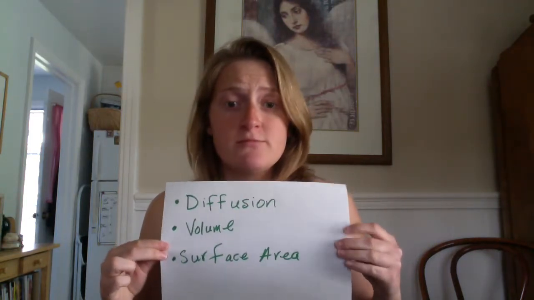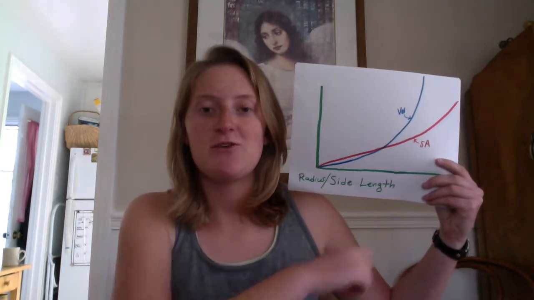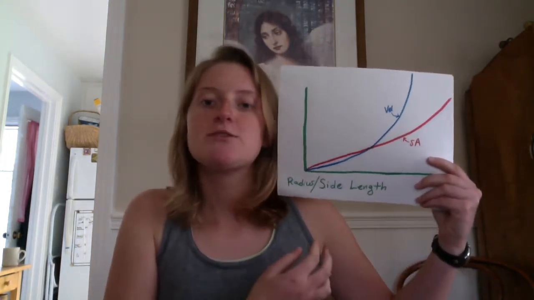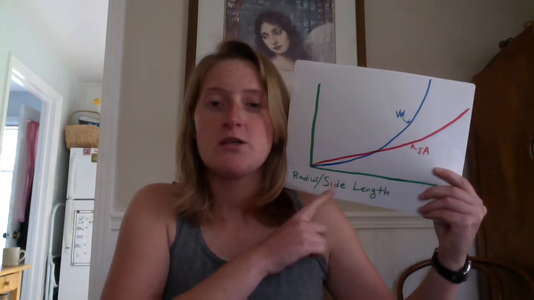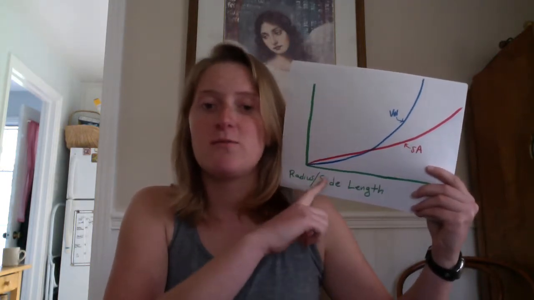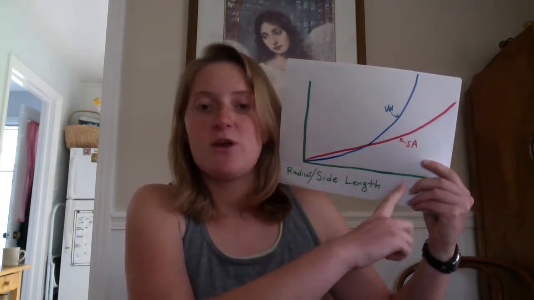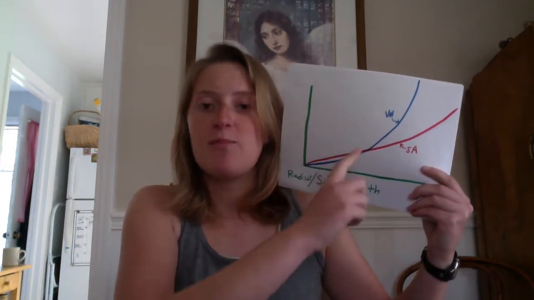The next thing we need to look at to understand why cells are so small is volume and surface area. To better understand this, let's look at a graph. Okay, so we have side length and radius here, depending on the shape of your cell, animal cell or plant cell, for example. Surface area is in red and volume is in blue. So as the side length or the radius is at a smaller value, the surface area is actually greater than the volume. But as the side length and radius increase, the volume shoots up and the surface area is